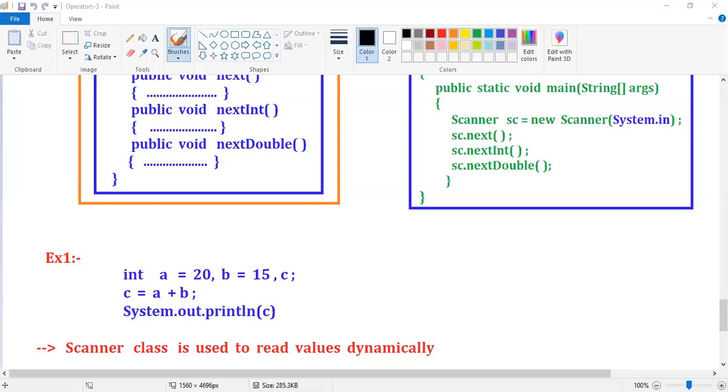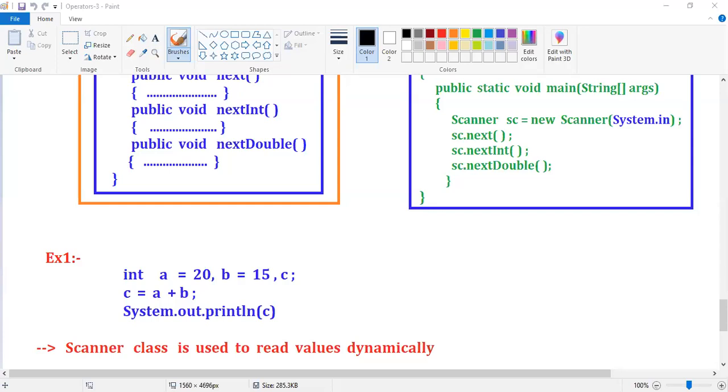So we have to import the java.util.Scanner class, then only we can access the Scanner class.